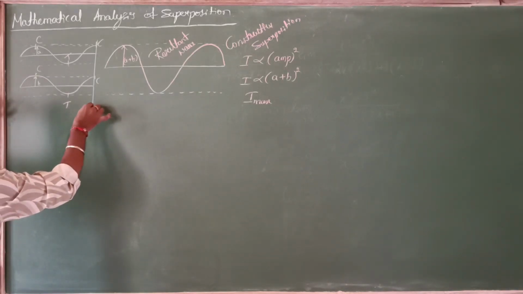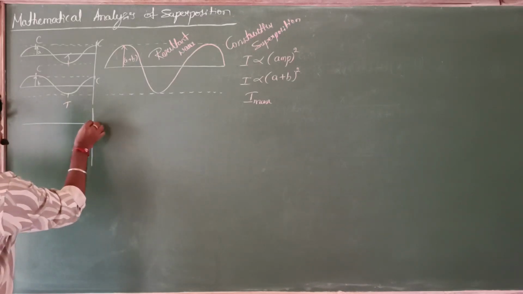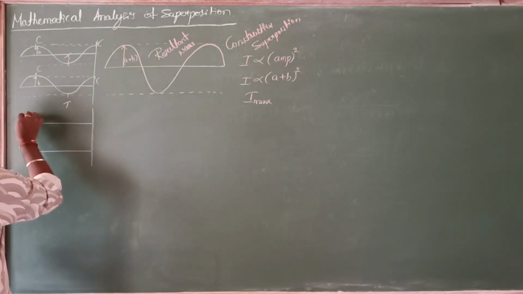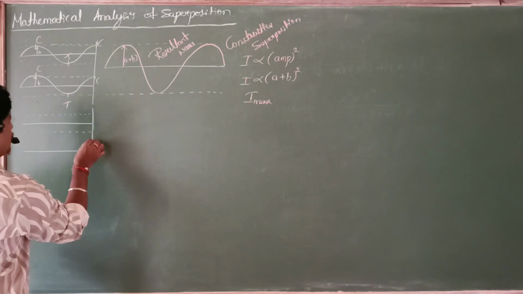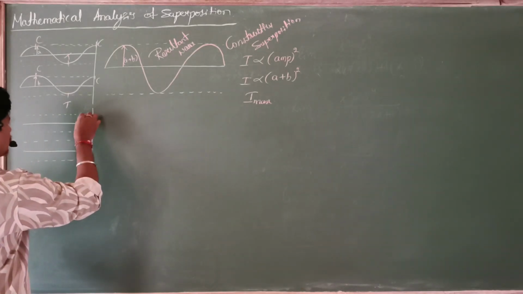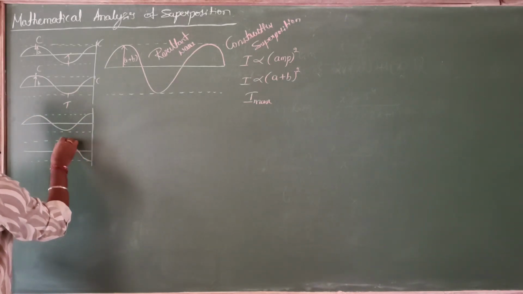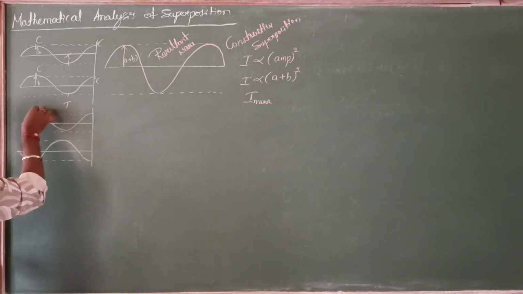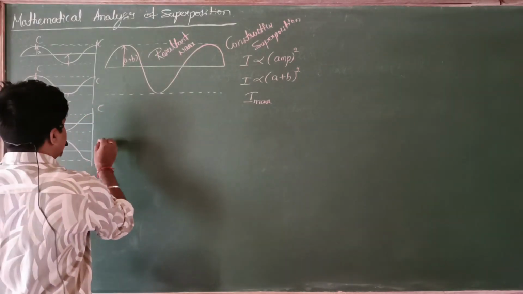Suppose the crest of one wave falls on a trough of another wave. So this is crest and this one is trough. Crest, trough. The resultant wave